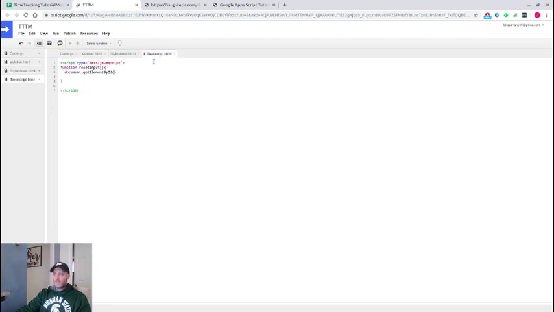So we'll take that. We'll get that. Oh, we're going to want to enclose that in some quotes. All right, so now we've got that. We want to set the value and it's equal to blank. Cool. All right, so now we have our input, our reset input function. Grab the element by ID, set its value to blank. We can save that, but we still need to trigger it from somewhere and we need to bring it into